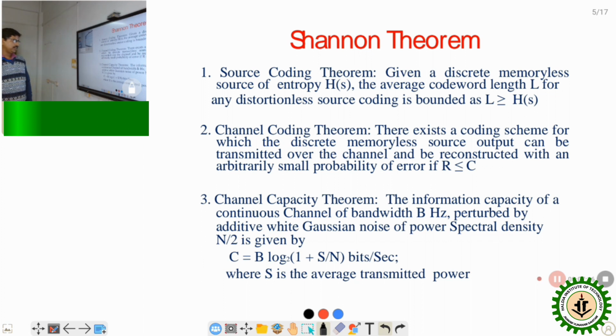Here we are considering the Gaussian noise channel, and that is a very important piece of information. The channel capacity C is proportional to the bandwidth of the channel, and it also increases with the signal to noise power. So a higher SNR means the channel capacity is higher.